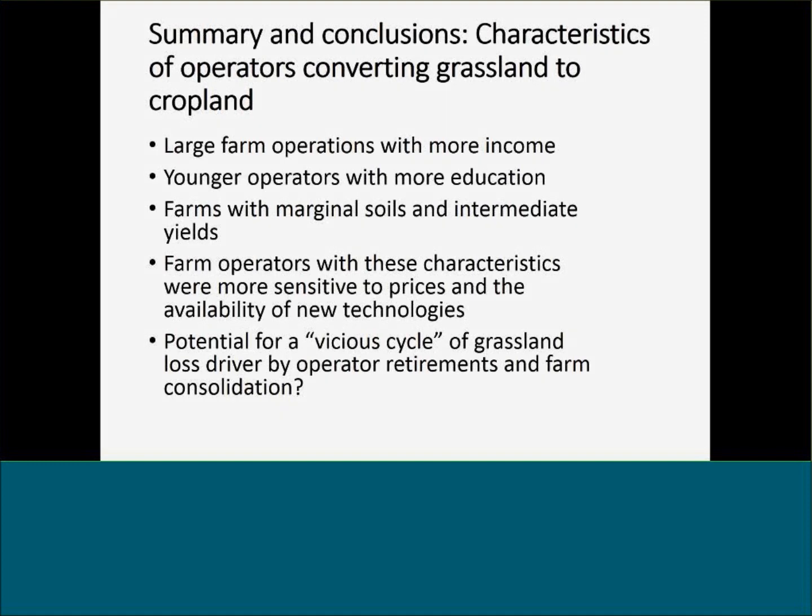You may see a younger family member coming in to operate the farm, or that land may be rented off to other operators who are increasing the size of their farm operations. So I think that's a concern. Are we going to see a feedback cycle where more younger operators, more farm consolidation, and larger farms are reinforcing